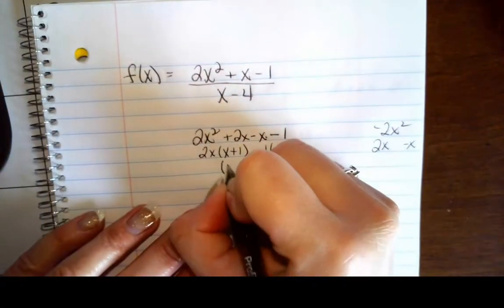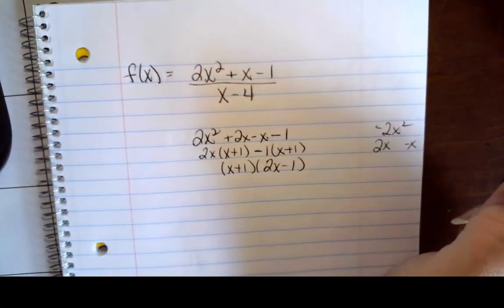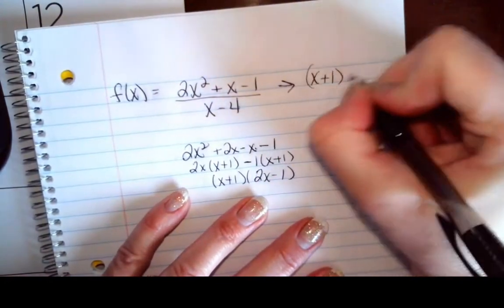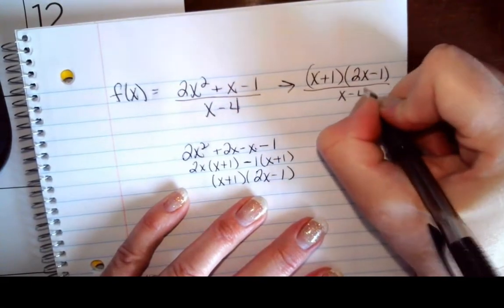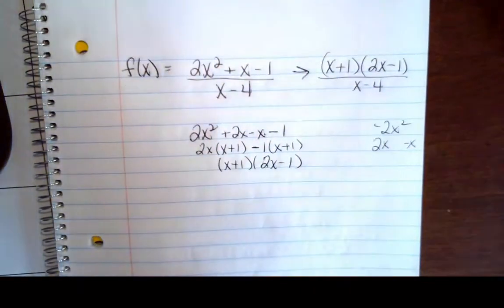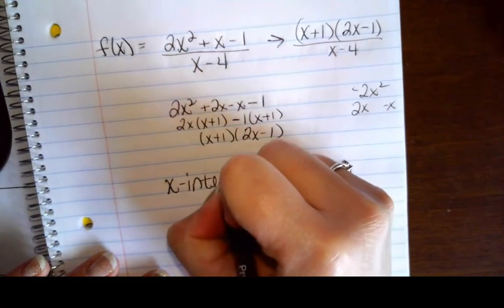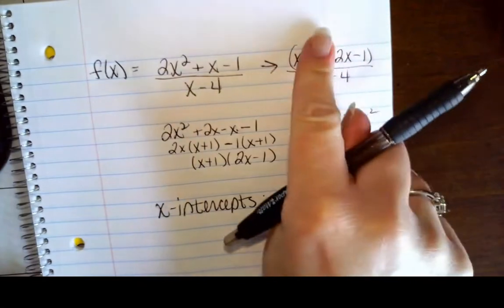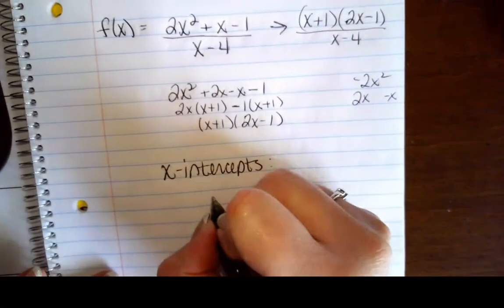So tell me what is in parentheses. Tell me what is not in parentheses. So my numerator is now an x plus 1 times a 2x minus 1 over an x minus 4. So I've just taken this and rewritten it in factored form. My denominator doesn't break down. So for x-intercepts, I've already done the work. So I'm going to grab my numerator. I could grab this one, but I'm just going to have to factor again. That's why I factored first. So grab my numerator